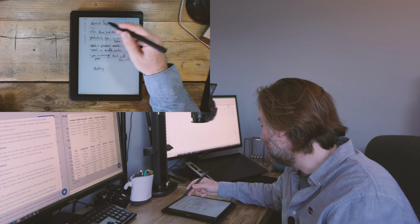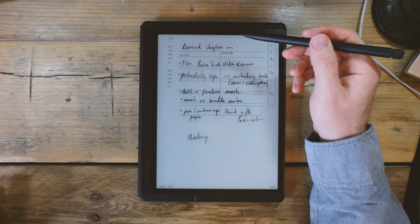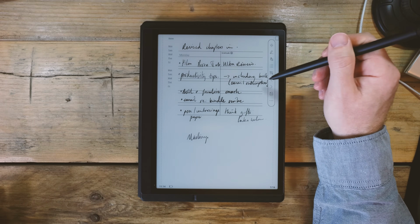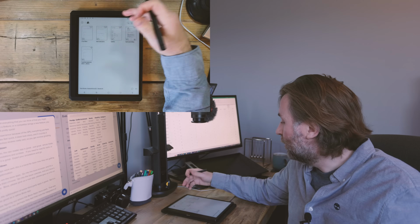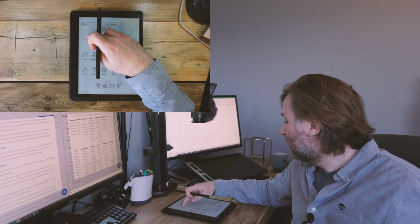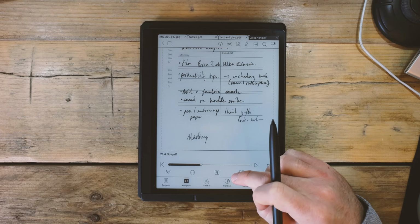The scribble mode is this mode here. It works really, really well. Although I must say, I'm not sure why we can't have all of the same tools as we do in the Note app here on the PDF. I don't think I actually have any more serious documents here, but modes like the article mode